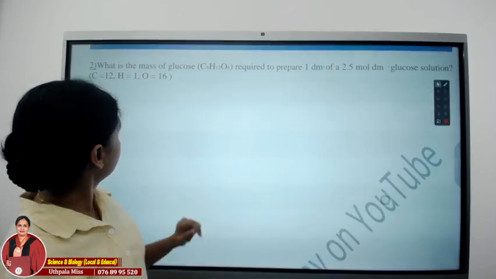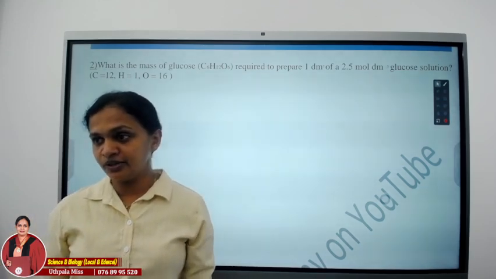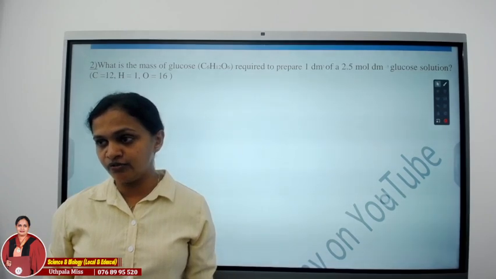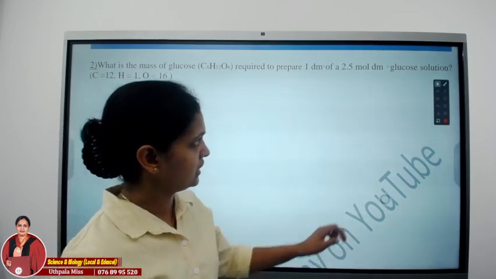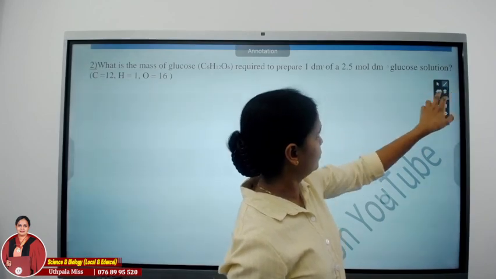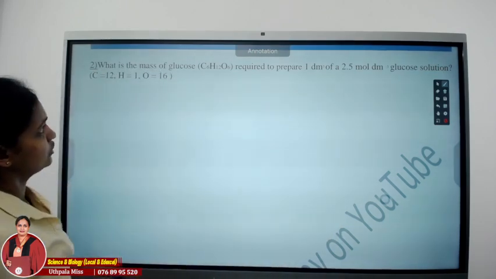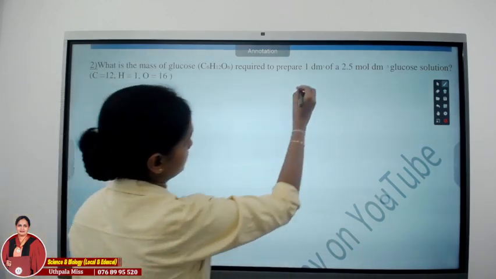Second question. What is the mass of glucose required to prepare 1 cubic decimeter of a 2.5 moles per cubic decimeter glucose solution? Right? So you are supposed to take a glucose solution. Then where do we start? What is the mass of glucose required to prepare this amount of